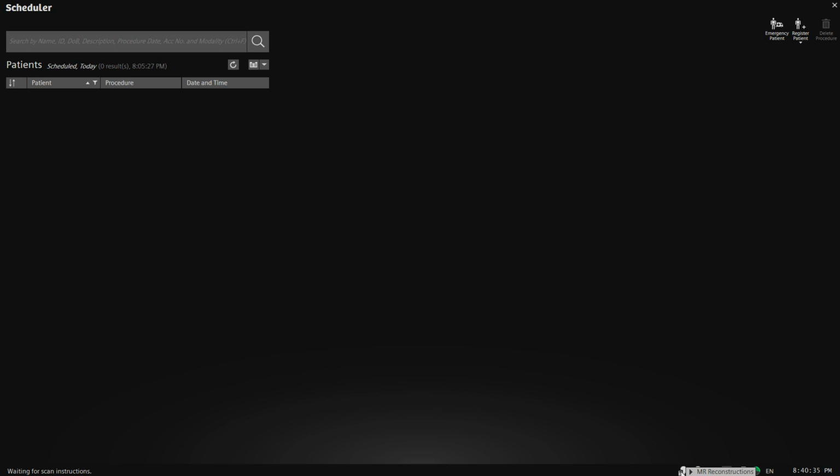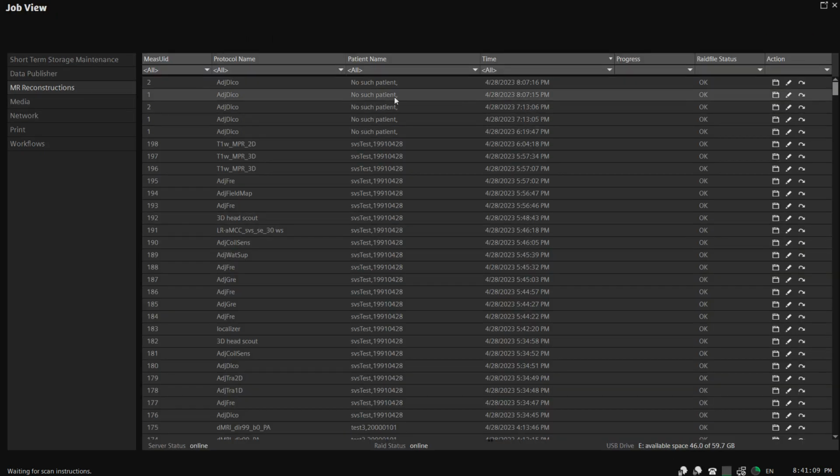This little reconstruction icon down here at the bottom will take you to the reconstruction page, and this will get us to the same place as the briefcase, which is located in the top of the window. That's this on the right hand side. It's the same menu that you see from the home page. There's a briefcase that is titled Job View, and so if we click on this reconstruction head right here, it'll take us to the reconstruction view,